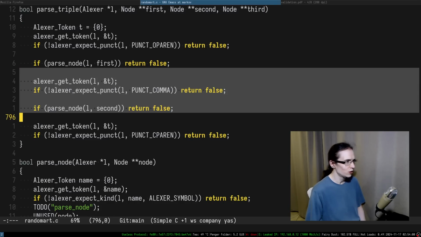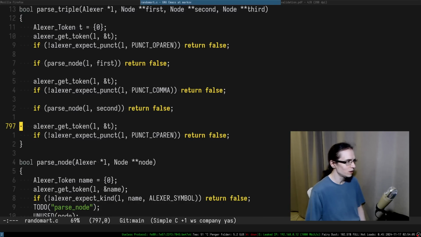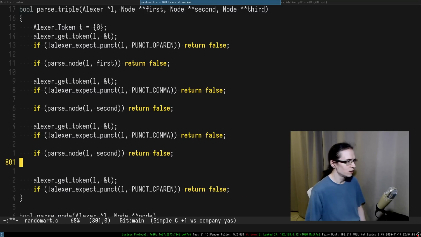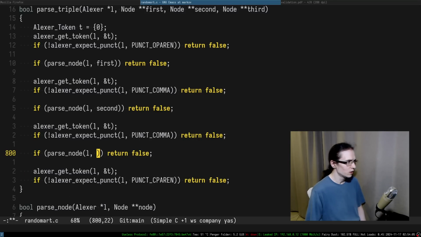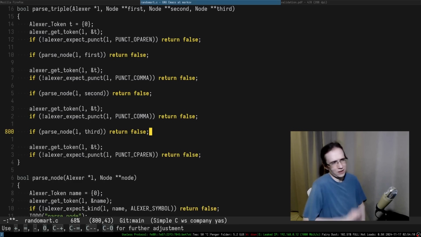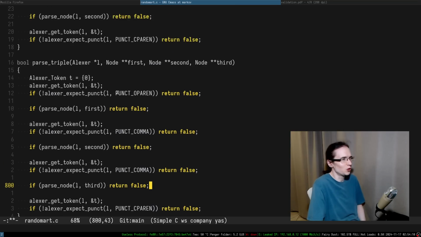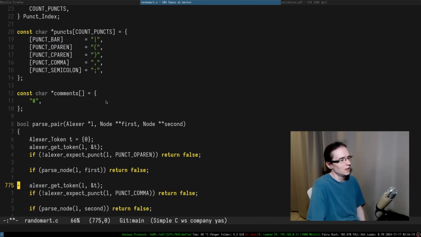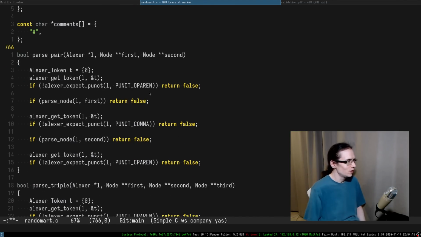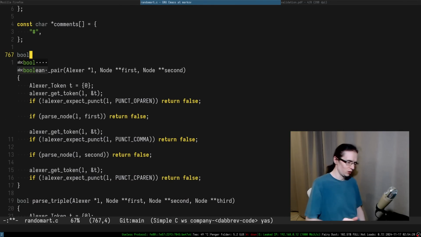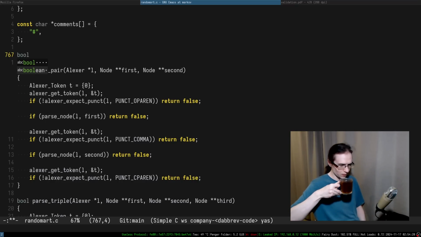And so here is the second and the comma. And this is the third. It's just easier, right? So just copy paste a bunch of stuff and that's going to be fine. So parse pair. So what else can we do in here? So how can we call it? Like parse